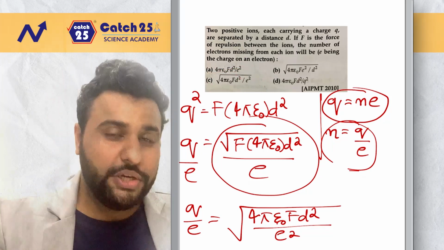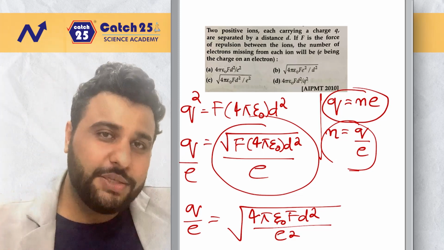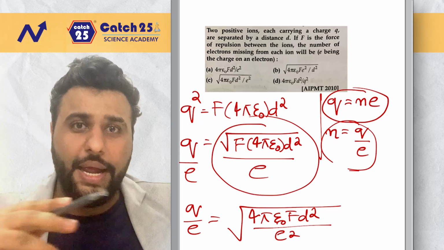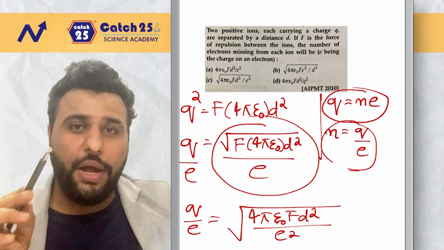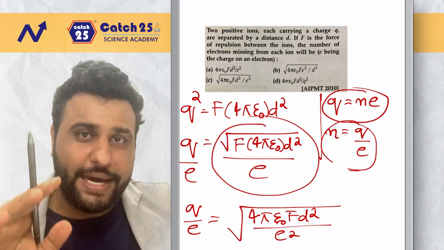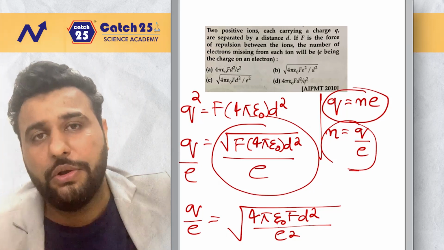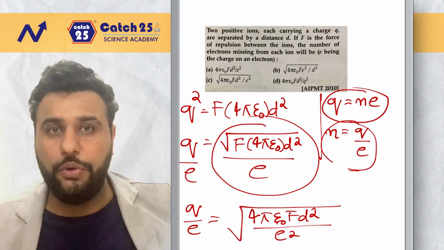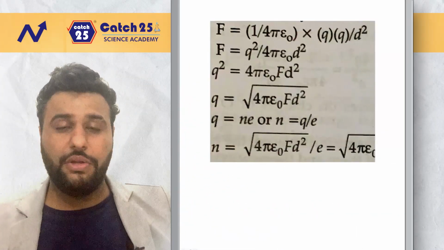What did you do? You just used Coulomb's law. And what is Coulomb's law? Coulomb's law is 1 by 4 pi epsilon naught Q1 Q2 by R square. In these two problems, the first thing that you should understand is whether you are able to identify that this belongs to the topic electrostatics, and if it does, can you identify which formula you need to use. Now, I have even given the printed answer for this, which is on the screen.